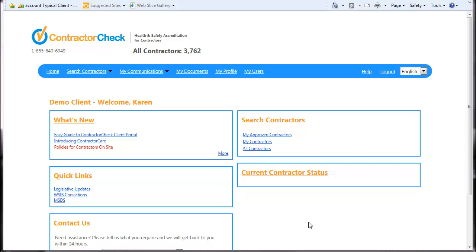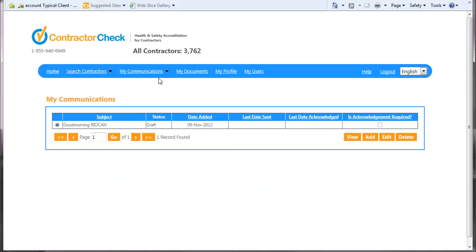We are now going to go through the My Communications feature. To access this feature, go to My Communications in the toolbar and a drop-down menu will appear. Scroll down and select My Communications. The My Communications area allows you to communicate to a large group of contractors by sending a message out to